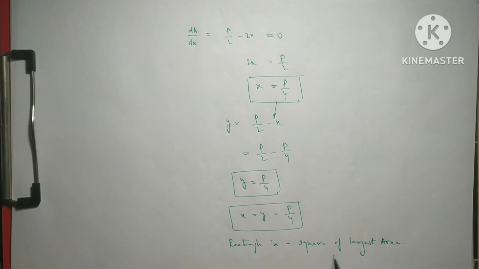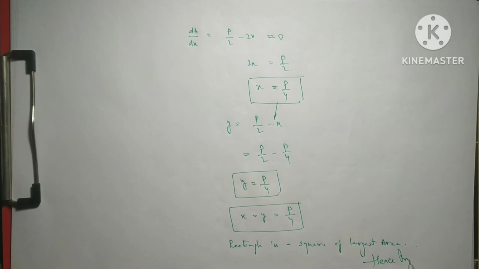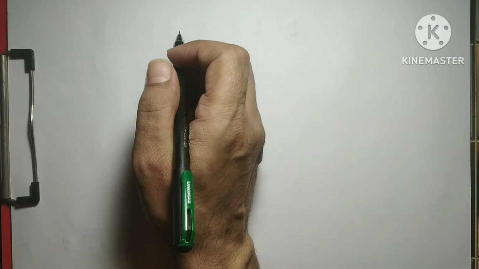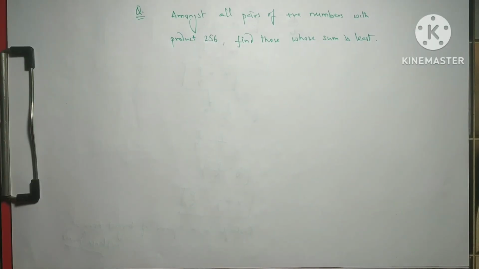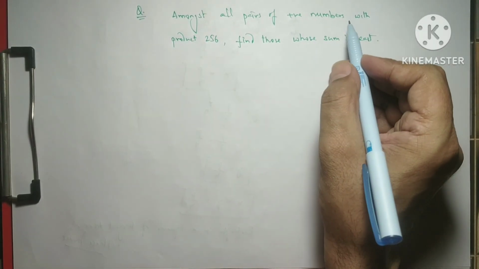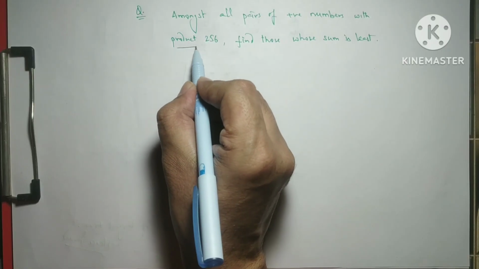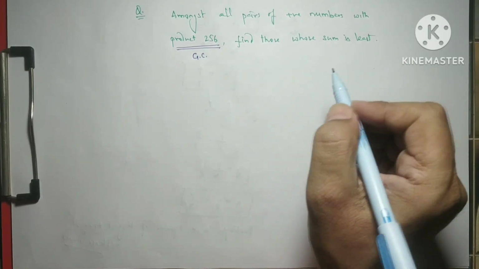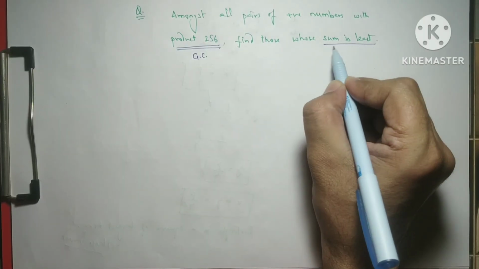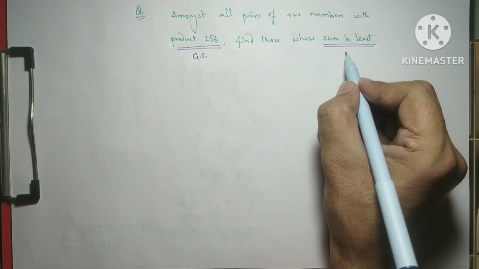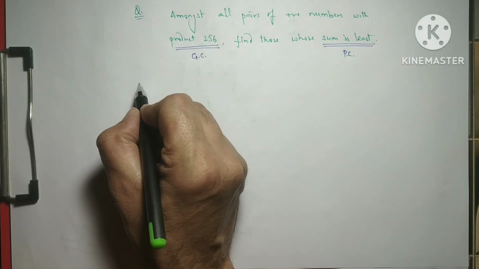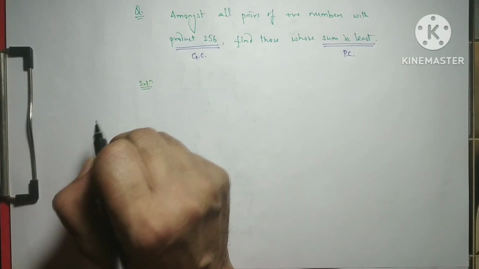Okay, so the rectangle is a square of largest area, hence proved. Now the next question. So right now we have two numbers whose product is given. So right now the given condition is this, and the proving condition is the summation. Right. So the solution of this question, this word problem: